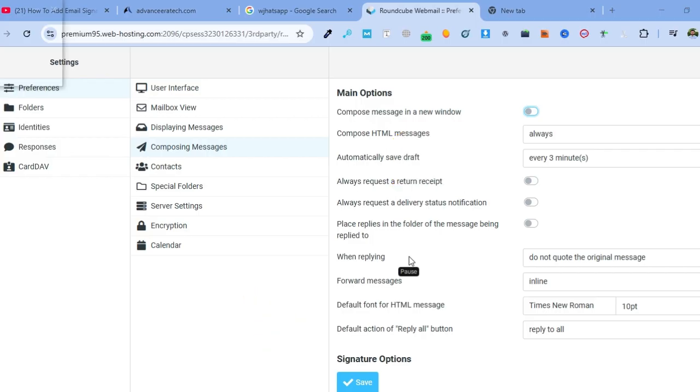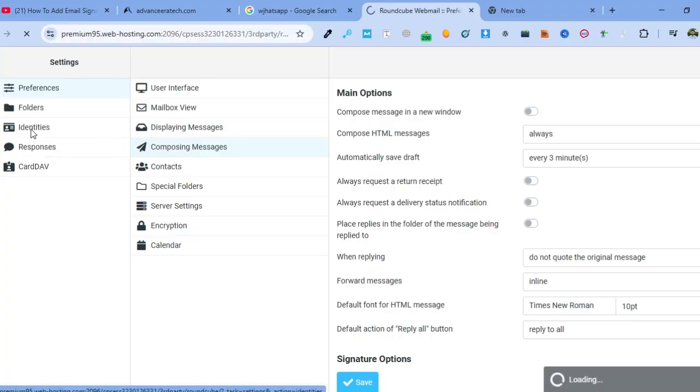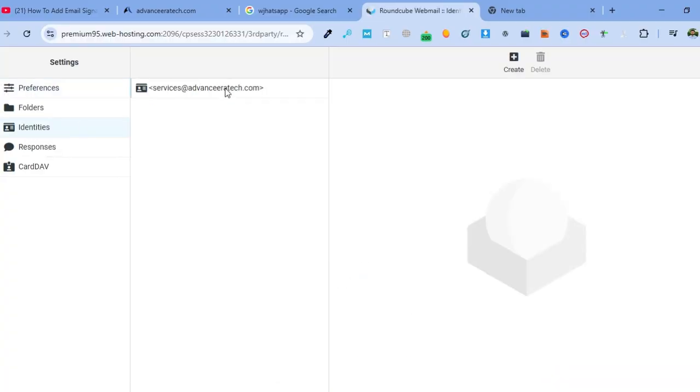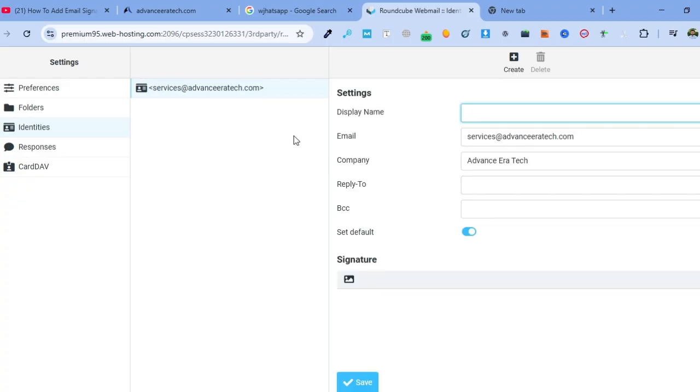After that, click on the identities. Click the email where you want to add your signature. It may be a personal or company signature. Then click on signature. Here you can see